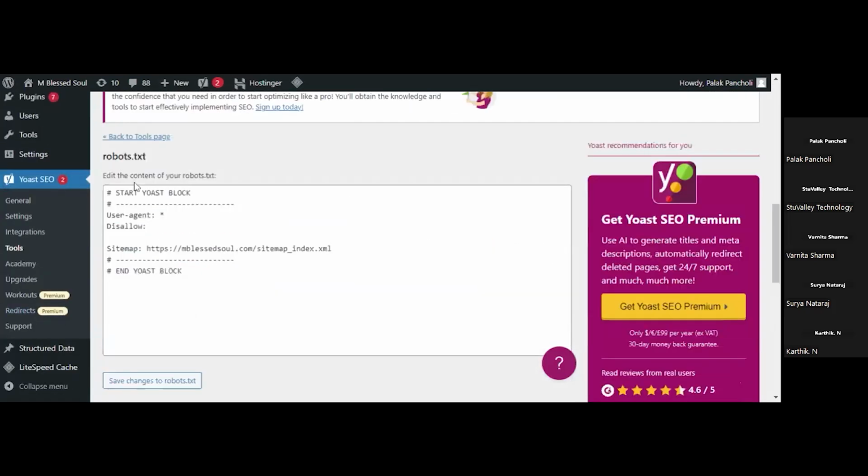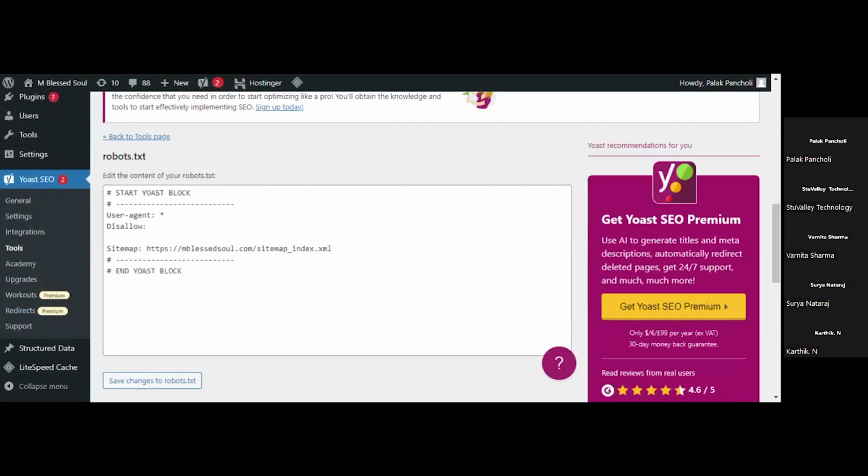In the file editor you will find this robots.txt file. Now here you have to update which URLs you want to disallow and which URLs you want to allow.